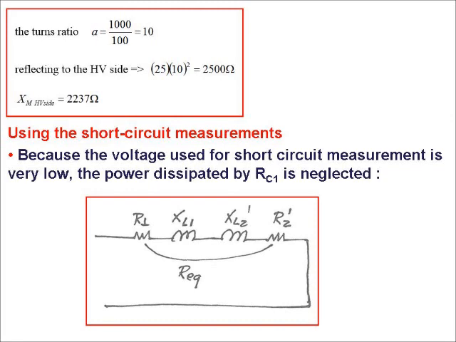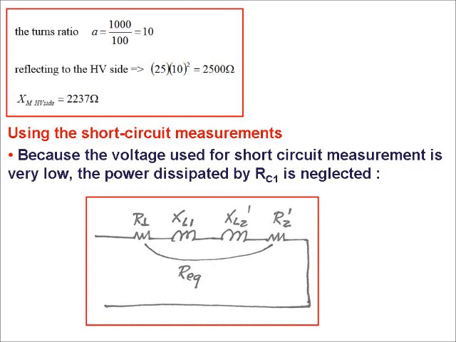Then here we start the short circuit measurements. We are going to use those values because you are applying a low voltage for short circuit. In this case it is 50 volts. Even though you have a magnetizing branch in parallel, we neglect it. Of course, your model will be an approximation, but it's easier to use. So considering that we can neglect the power dissipated by RC1, the core loss, we have this equivalent circuit here,